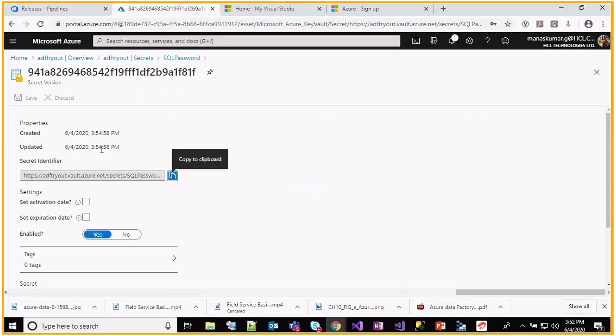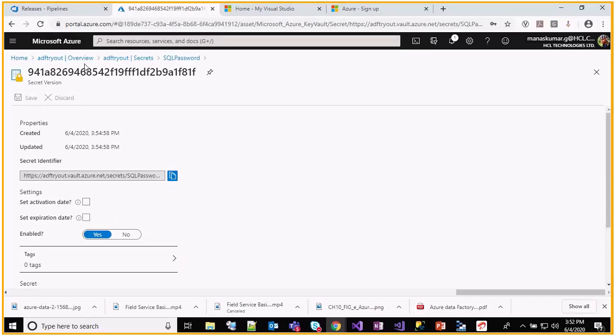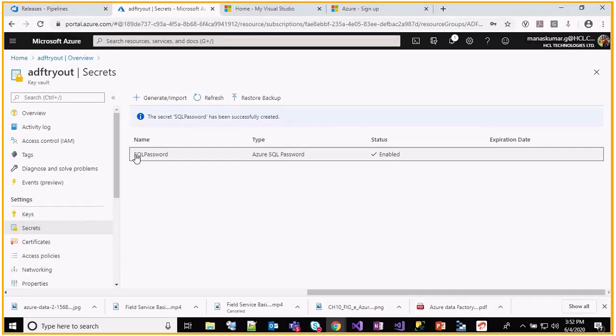And if I open it, I can see it, like show secret value. If I show the secret value, this is the password which I have given in the Azure database. So I just want to hide it. And since we are using Azure Key Vault, we should provide this secret name. As SQL password is there, right?